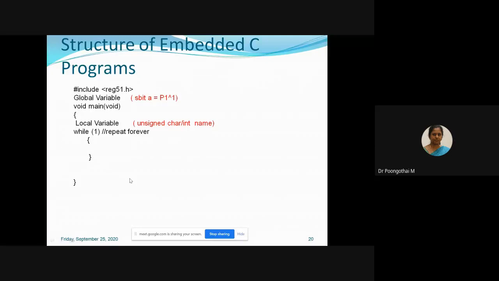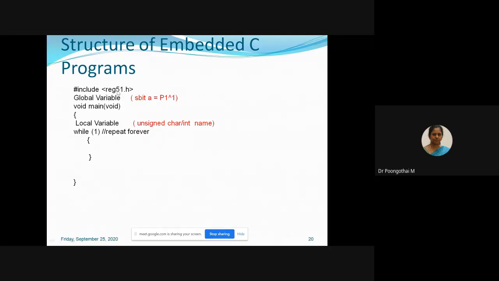This is the structure of your embedded C program. Here you have to include your header file, #include reg51.h. This 51 refers to your 8051 microcontroller.